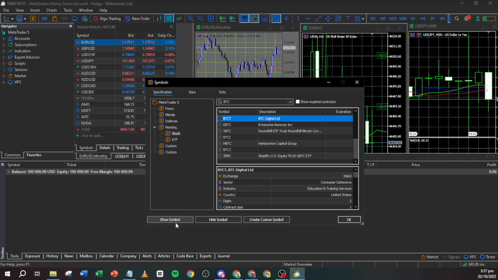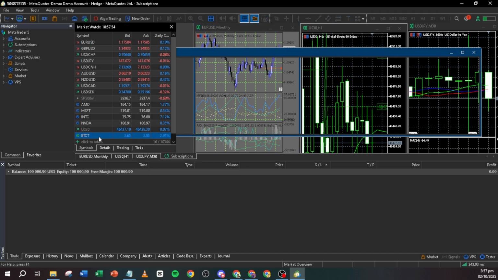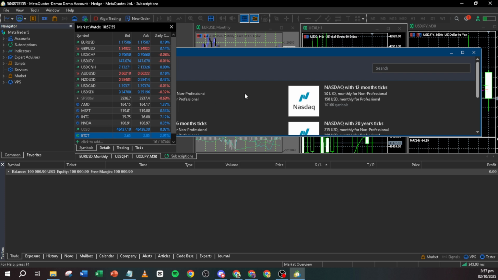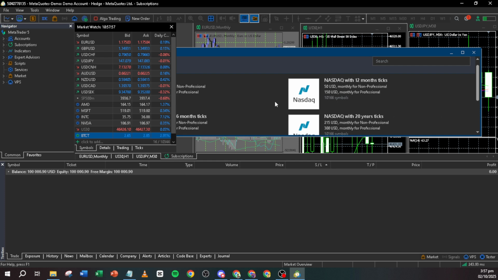When setting up your order, first choose the Bitcoin pair as your symbol. Specify the volume, which is the size of your trade. It's crucial to consider how much risk you're willing to take before setting the volume. Additionally, you should set up stop loss and take profit levels. These are risk management tools that can help you limit potential losses and secure gains.